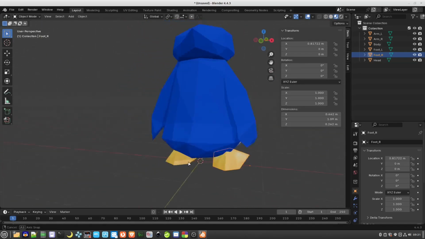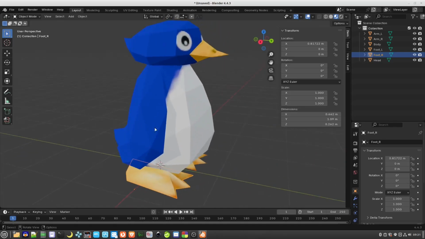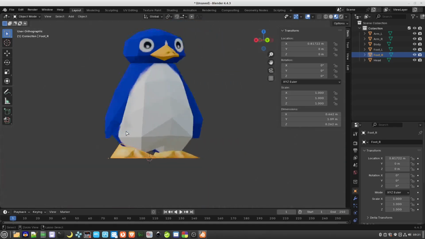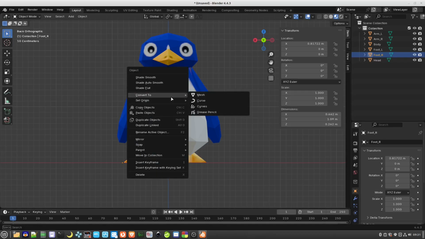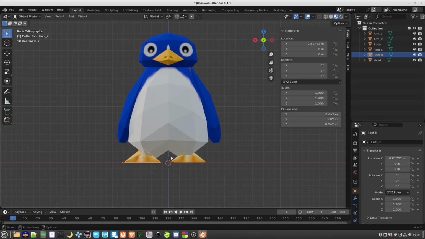Double check everything's looking okay. Now what we need to do, reposition the camera in front, make sure the 3D cursor is at the world origin. So cursor to world origin, and now what we need to do is to